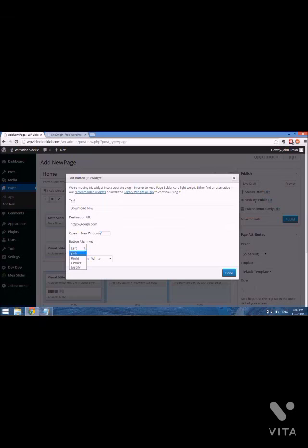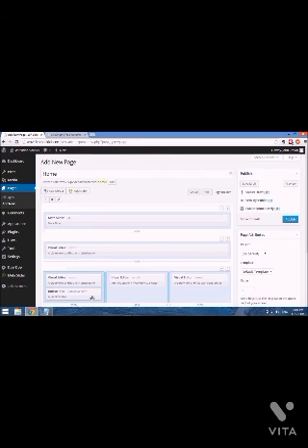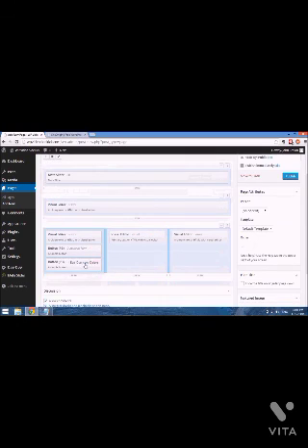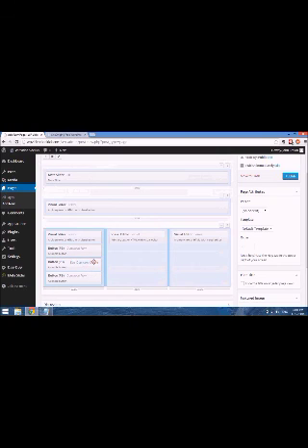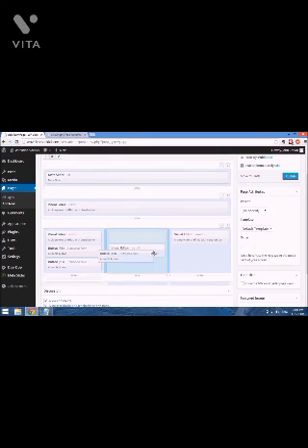Select whether I wanted to open a new window, and I can justify, center, align, choose the color of the button, and I want to use an orange button to grab attention. And again, instead of doing this 3 times, I can just duplicate, duplicate, and then I can drag it over,